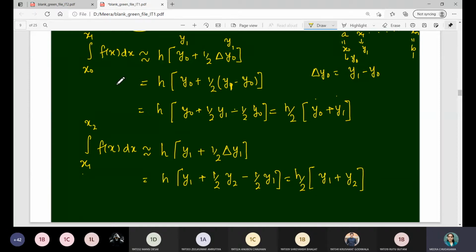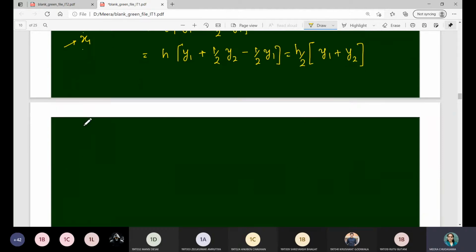This means you can see each time, we took the first sub interval, the second sub interval, and for the corresponding upper and lower limits of integration, its expression is given by h by 2, which is common for all subintervals. Second, if you observe, we have to consider the sum of extreme values as in this bracket. This is the corresponding y value, that is y1 and y2 for this upper and lower limit of integration. So y1 plus y2. So in general, if I write the last subinterval, that is xn minus 1 to xn, f of x dx, you tell me what will be the approximate answer of this one using the trapezoidal rule.